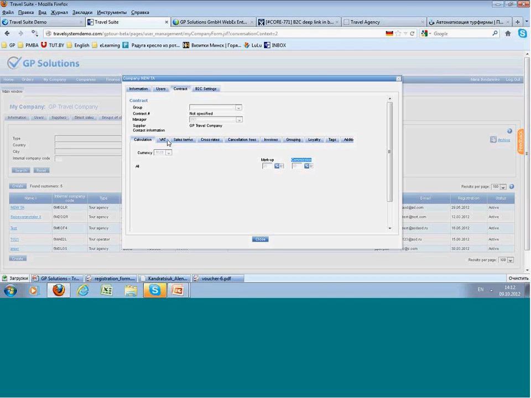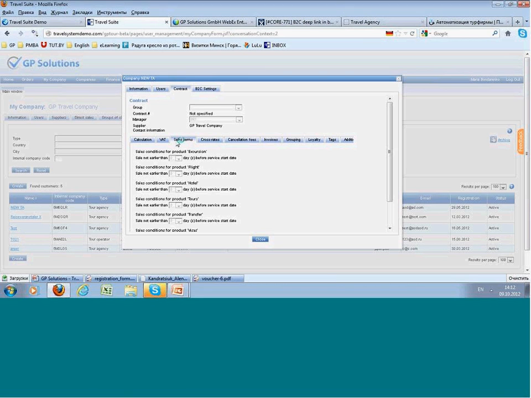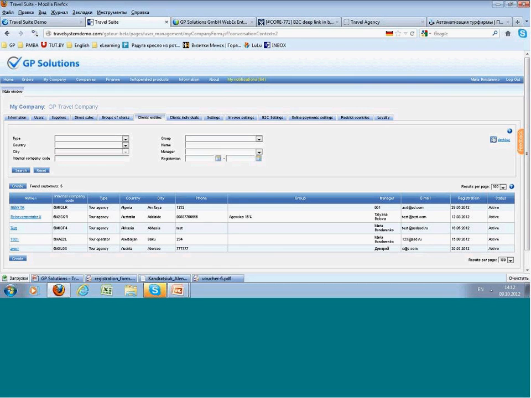Sales for your offices and for your agency sales. Similar to direct sales, you also have additional tabs here, whether VAT should be applied for these sales, what are the sales conditions, what cross rates to use for sales, and so on and so on. If you have a lot of agencies with whom you work, and so